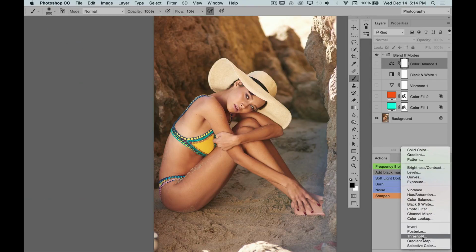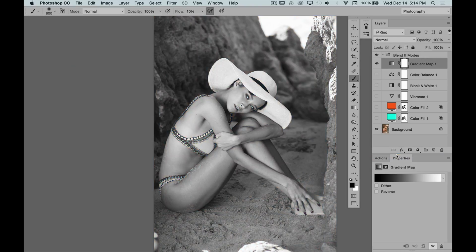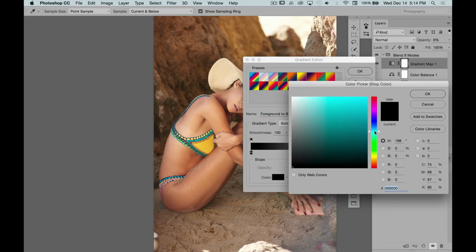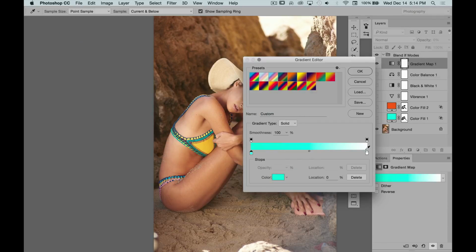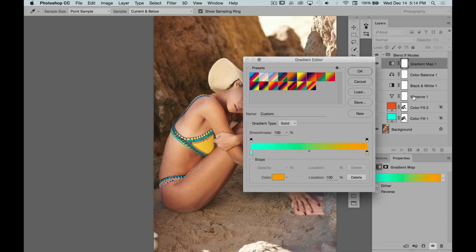Let's say we have our gradient map. By default, let me just put it down here for a moment. By default, I'm going to put this layer down to 0% opacity. Okay? Now I'm going to take this gradient map, click over here. Depending on whatever colors you have right now, don't worry about it. It's going to be different for every single person. I'll click on the end where the shadows usually are. I'll pick like a teal-ish color here. And then on this side, I'll double click on that point and then pick like an orangish color here. Let's do that